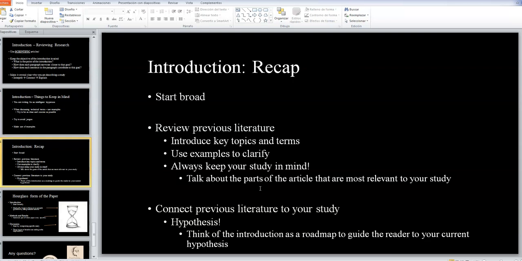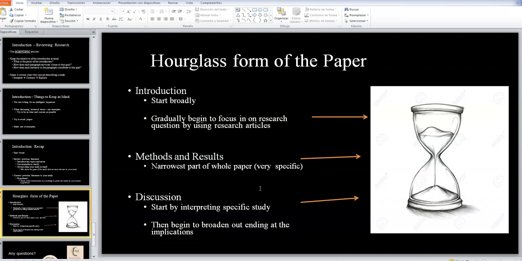And well, here's just a brief recap. And just so you know what's ahead, the scientific paper overall should have the shape of an hourglass. So it should start very broadly. And then as you move through the introduction, you're going to be more and more specific. And the methods and the results are going to be the narrowest, because it's going to be very specific in here. No nonsense. And then in the discussion, you start off by discussing what the study was about, what you found from it. And then you start to broaden it up as you finish off and say why the study matters. But we'll talk about the discussion next week.